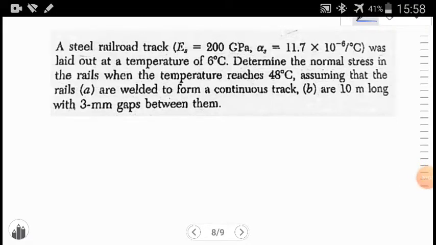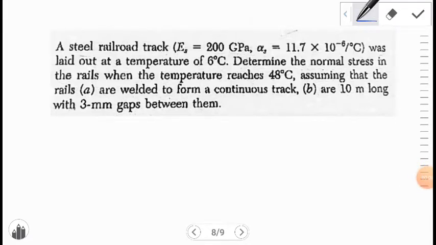We have one more question. Based on this question, we have the steel railroad track, and we need to determine the normal stress in the rails in two different cases. One, when the rails are welded to form a continuous track, and two, when the rails are 10 meters long with 3 millimeter gaps between them. In part A,